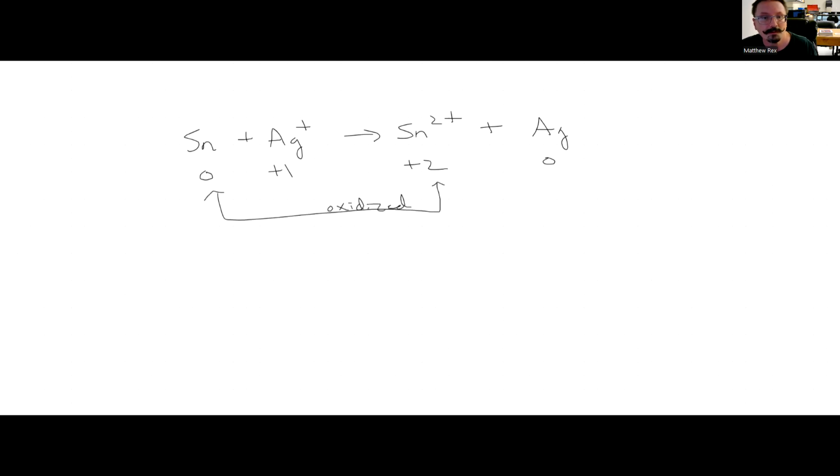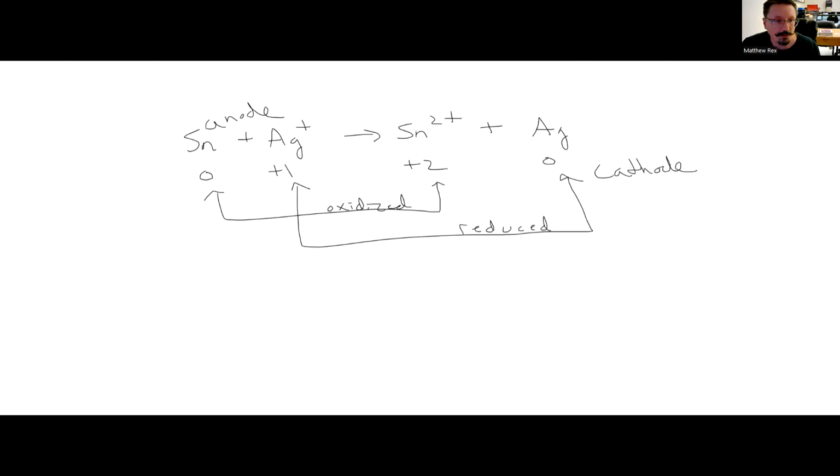What would be the standard potential for the following? So again, we write that out. We've got tin 0 plus the 2 silver plus, and then we go to tin 2 plus and silver 0. This is 0 plus 1 plus 2, 0. So again, this is oxidized. This is reduced, making this the cathode, and this the anode, and we're just going to do cathode